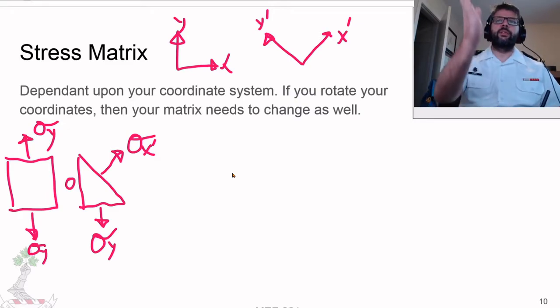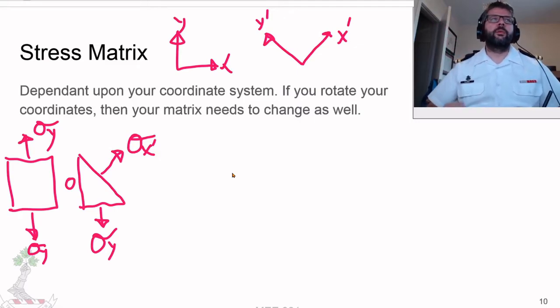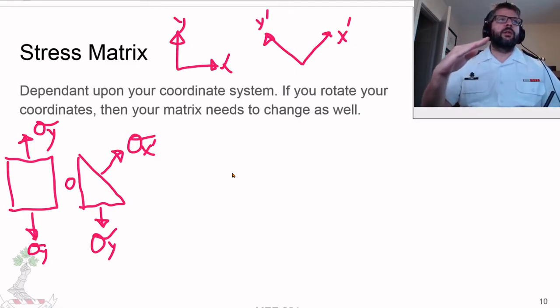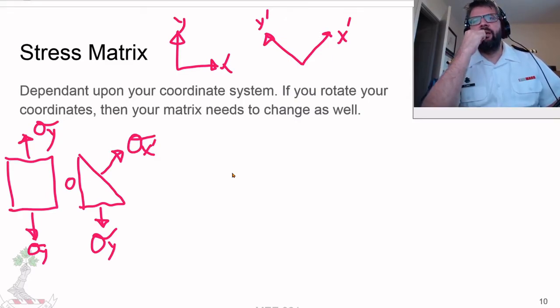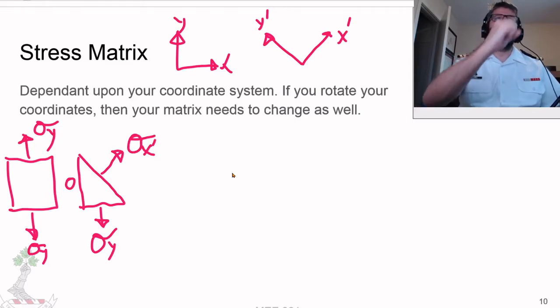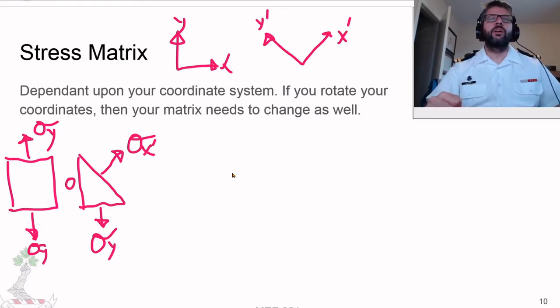Because we've got this normal stress that we're generating, it's generating a force that is both up, but also over to the side. It on its own would be generating a certain amount of horizontal force. So we need to counteract that, and the only way to counteract that is with a shear force. So we'll call that tau,